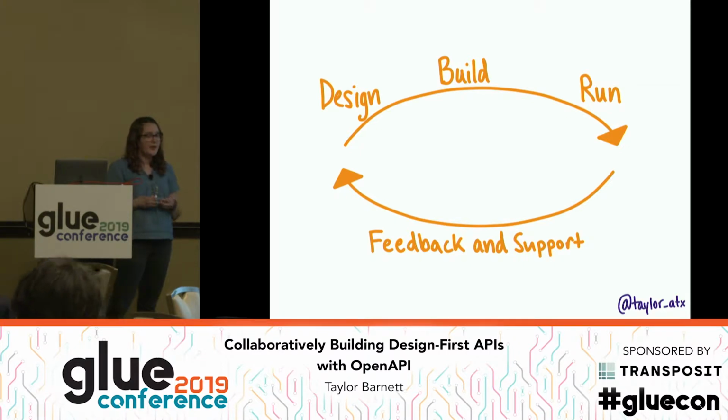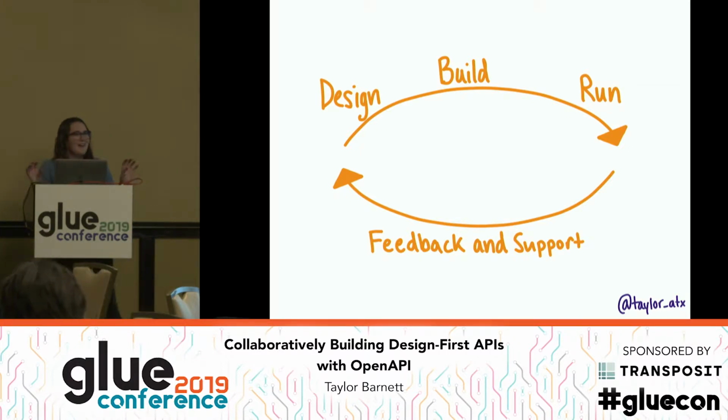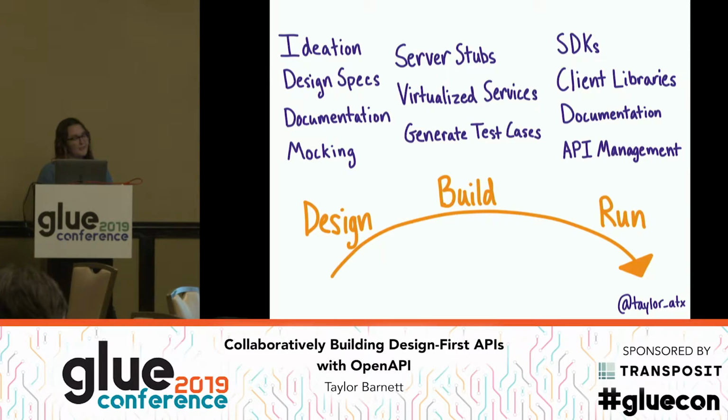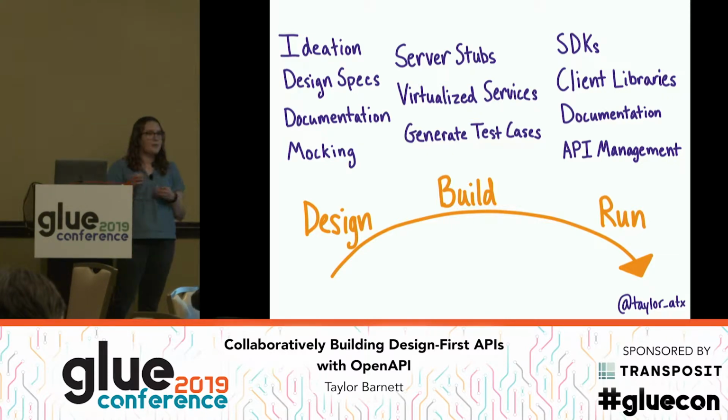With that in mind, how does OpenAPI solve some of these problems? This is a very simplified workflow, but I want to focus on the top part of that. Having OpenAPI feeds into a lot of different areas. Today we're focusing on design, because that's all we can do in 30 minutes, but it can also lead into server stubs once you have the specification, or generating test cases, or SDKs, or client libraries.